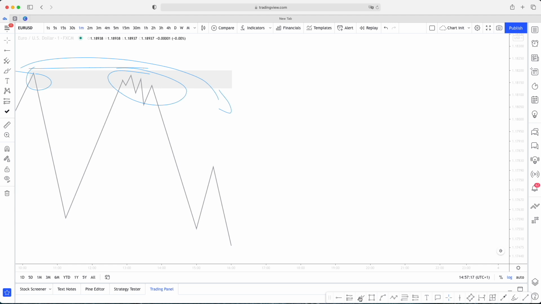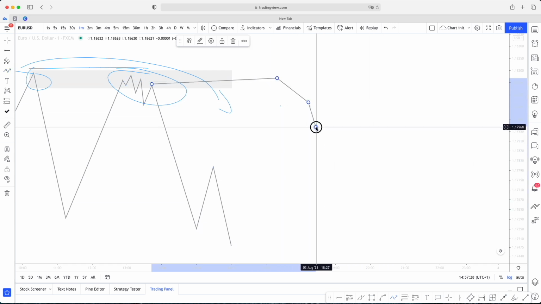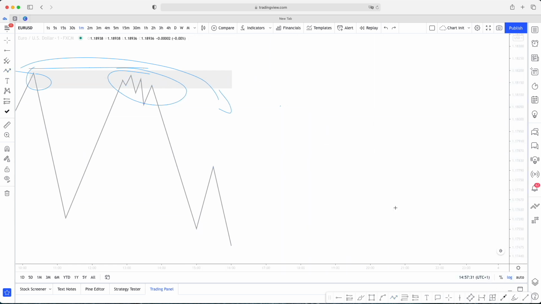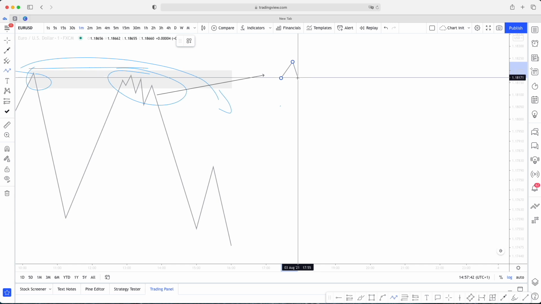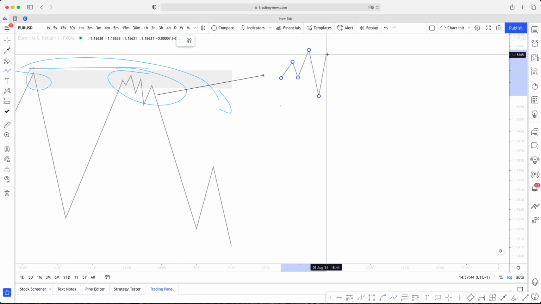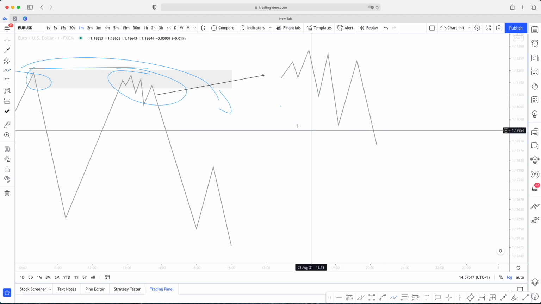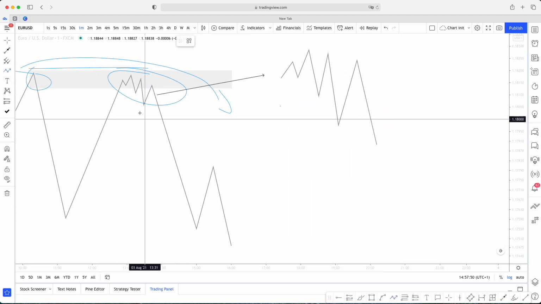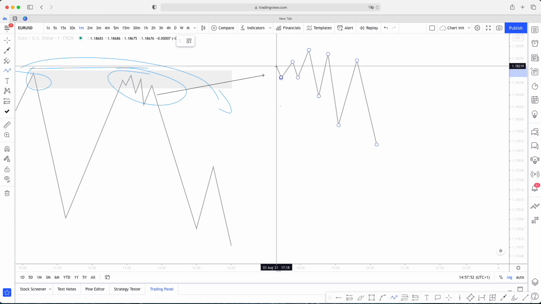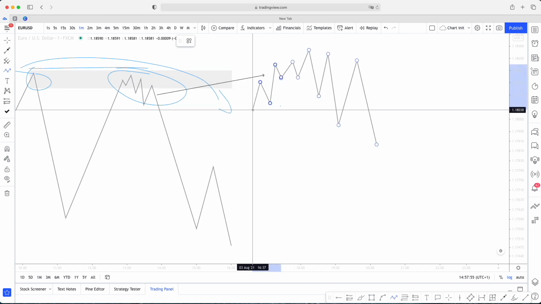So how does this work? Okay, so structure and order flow sort of combine. Let's zoom into this. Okay, so in this situation, let's focus on this part, and then let's look at the build up to that. So what's happening here is we're having